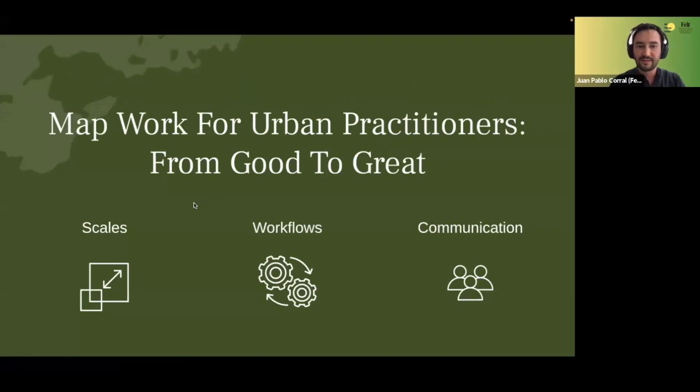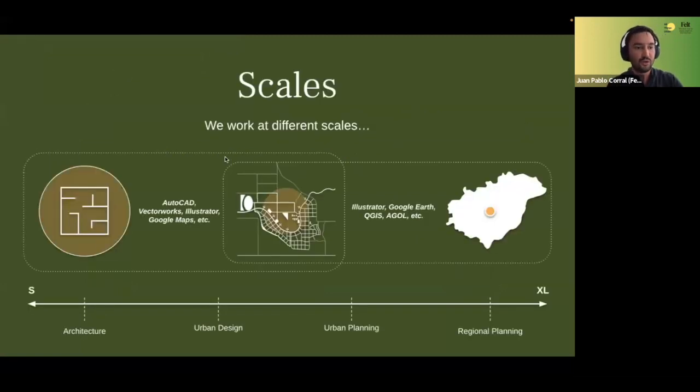Those are related to, first, working with different scales. Secondly, working with different workflows, how we work together in this urban environment. And third, it's about communication, how we can work together while working with urban projects or architectural projects that have a bigger scale. So first of all, about scales, what I would like to mention here is that, as you